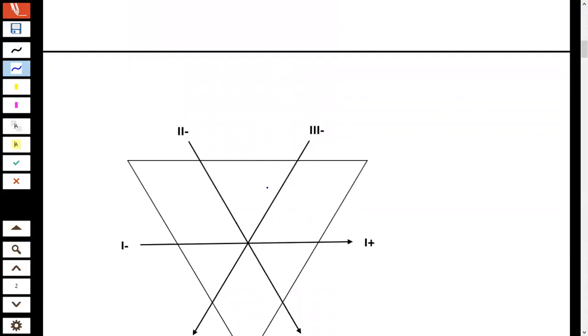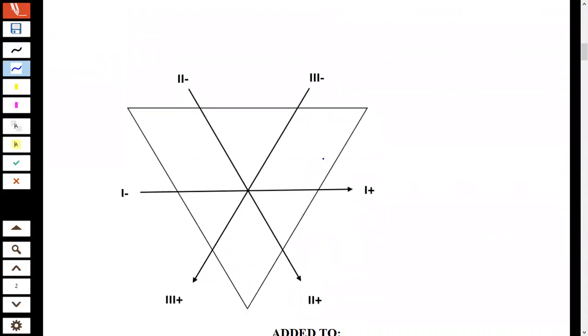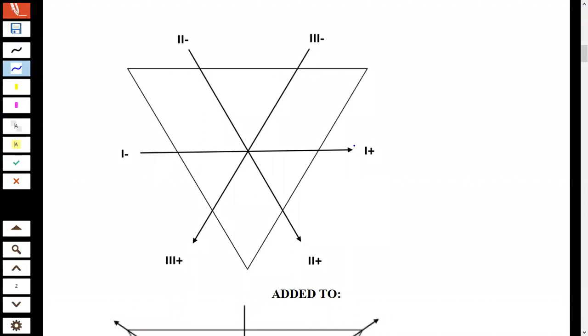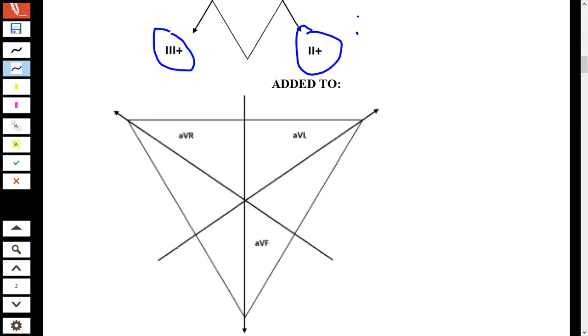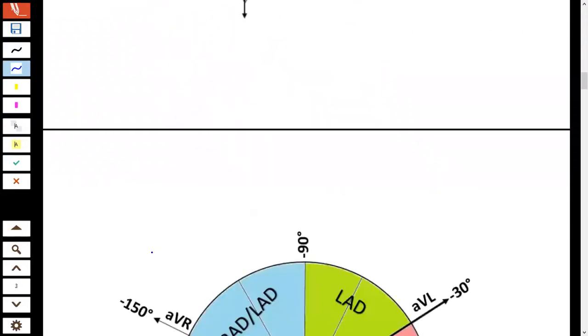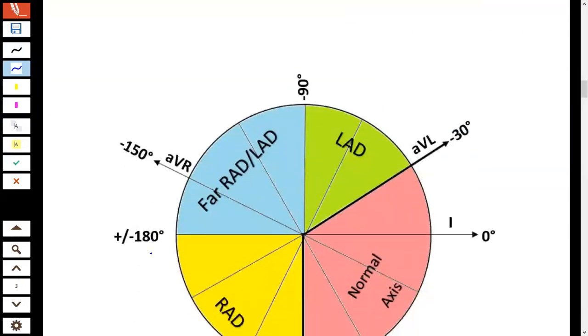Now, just doing a quick review of Einthoven's triangle. This is Einthoven's triangle. This is limb lead 1 showing the 0. This is limb lead 2, almost on the 60 axis. Limb lead 2 has a significance: it's directly in the direction of the heart. Limb lead 3 shows the 120 degrees. If we add the augmented leads AVR, AVL and AVF, we get the whole circle representing the cardiac